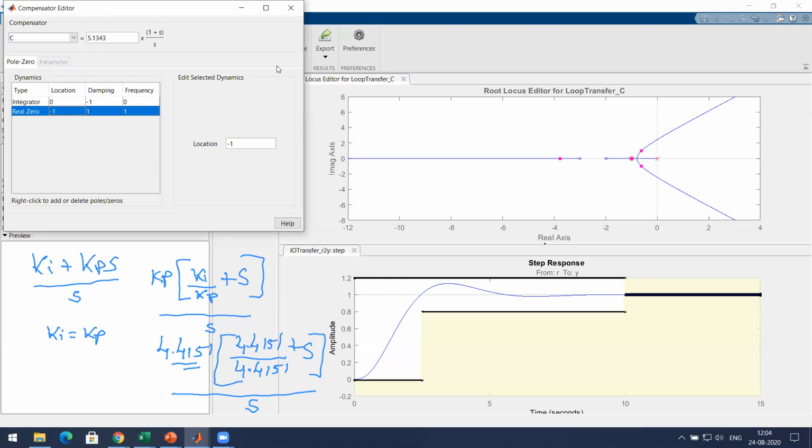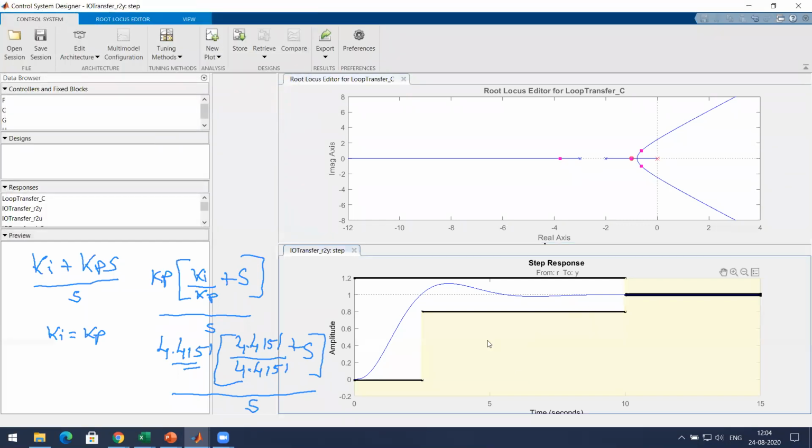Then we are giving the design requirements. How should the response be? Based on that, you give the requirements here.